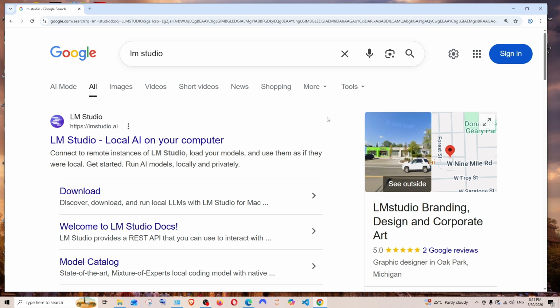In this video, I will be showing you how to install LM Studio and also how to run AI models locally in Windows. So let's get started. First thing, just search for LM Studio. We'll be having the official link, lmstudio.ai. Click it